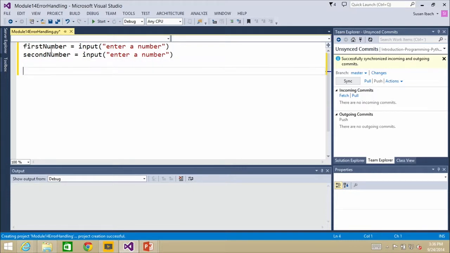And then I'm actually going to change my code a little bit. Again, I'm trying to be super efficient here. I'm being lazy. I'm going to convert them to float when I get them back right away.